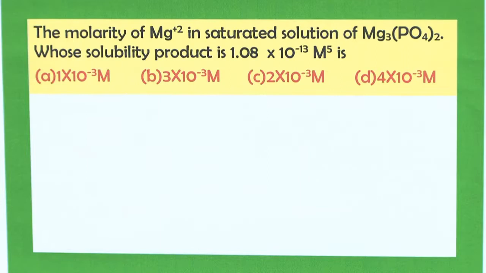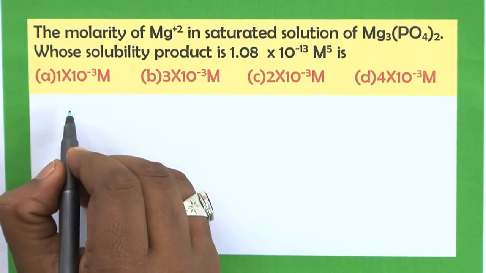The next question is: the molarity of magnesium ions in saturated solution of magnesium phosphate whose solubility product is 1.08 into 10 to the power minus 13. Your options are option A 1 into 10 to the power minus 3, option B 3 into 10 to the power minus 3, option C 2 into 10 to the power minus 3, option D 4 into 10 to the power minus 3. The solution is now: magnesium phosphate